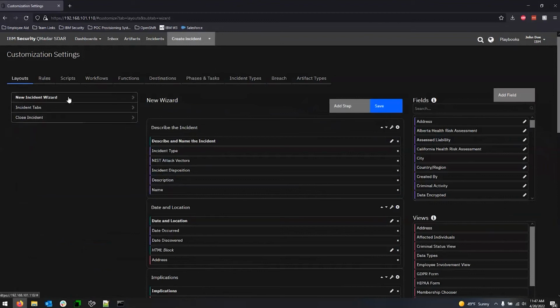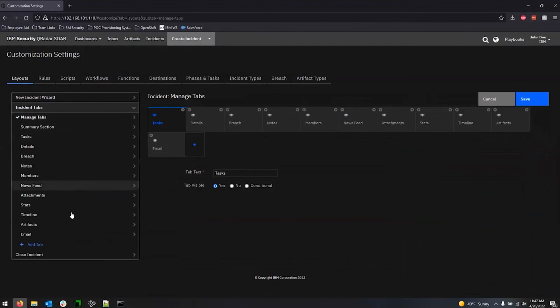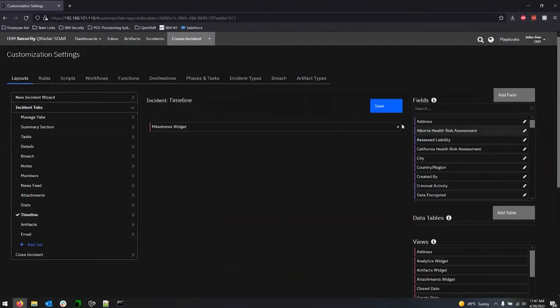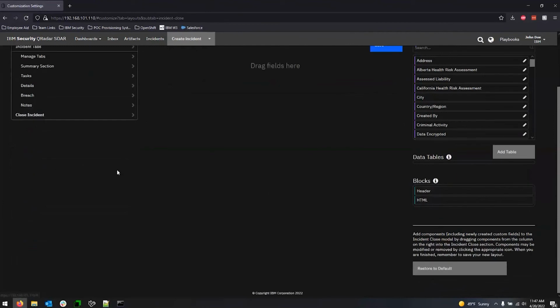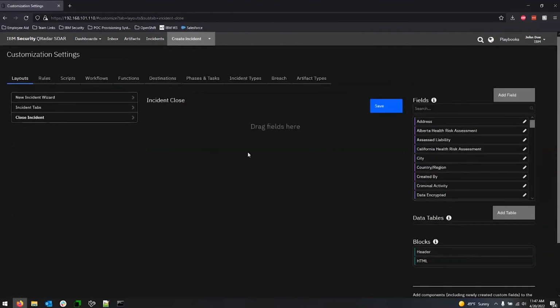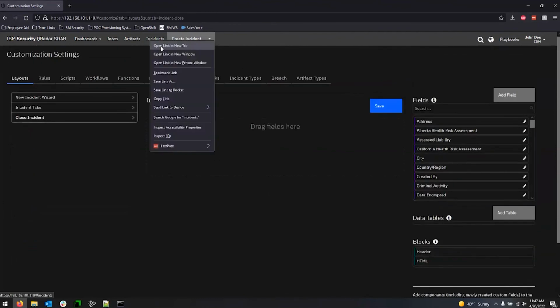You can build your new incidents, which is that incident thing that I hit up here and created that new incident. You can create that layout up here. You can go and create each tab layout in here too and add your fields or your data tables or your static views. You can also add different types of blocks. So you can add HTML or header information sections that have variables or conditions for when they actually will display. And then you can do your close,